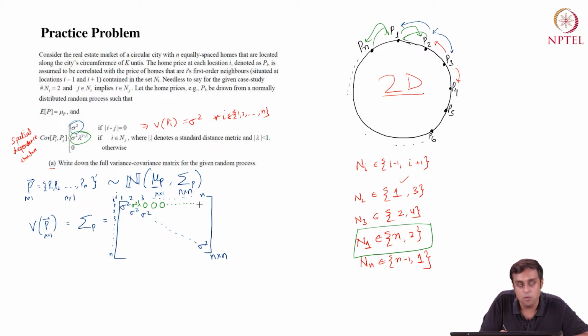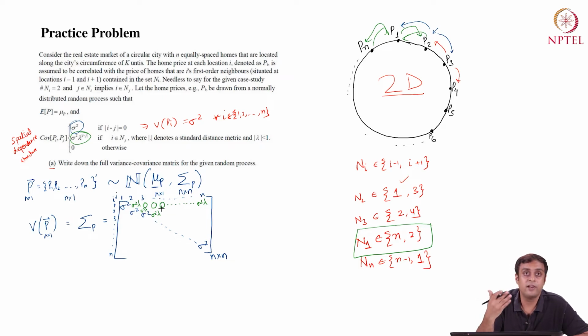So the value of this off diagonal element in the first row and nth column of this variance covariance matrix is going to be sigma squared lambda. Similarly, when we move to i equals 2 and j equals 3, I'm going to have sigma squared lambda. At 3 and 4, sigma squared lambda. So you can see that the elements right beside the diagonal elements, the sigma squareds, are going to be sigma squared lambda.